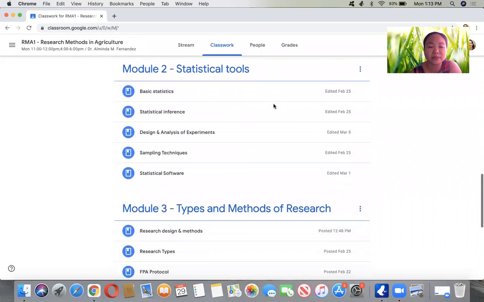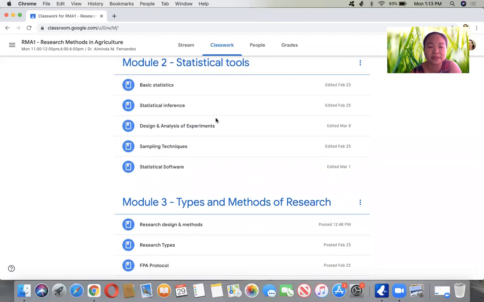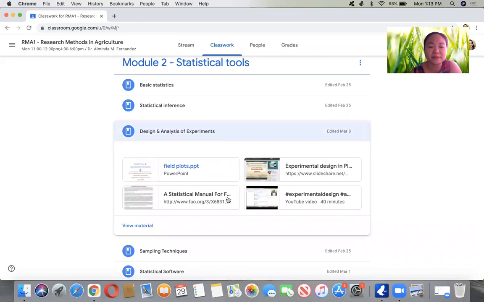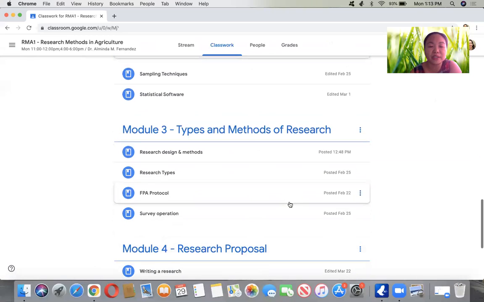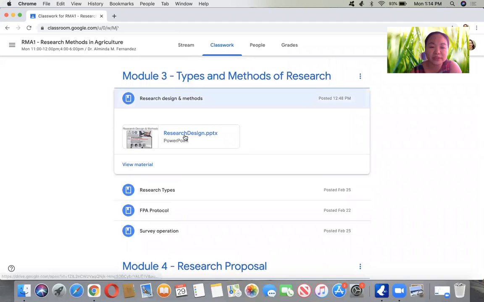Last time we discussed the design and analysis of experiments, so you can review our discussion here. For this session, which is the second to the last session that we're going to have, we're going to talk about the methods of research in module 3. So to start with,